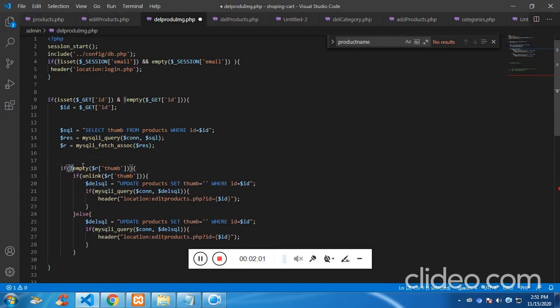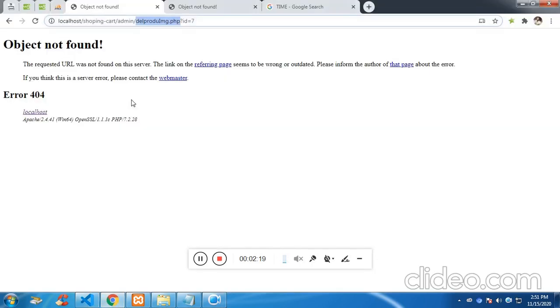If the thumb is not empty, what you do is just unlink it. That means just delete it using the update. I'm not directly deleting it, I'm just updating it. If you see, update with nothing. Previously we have image, now I'm updating with nothing. So let's check. So this is the ID number 7